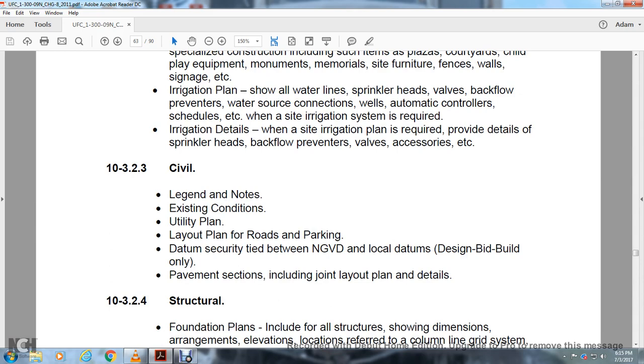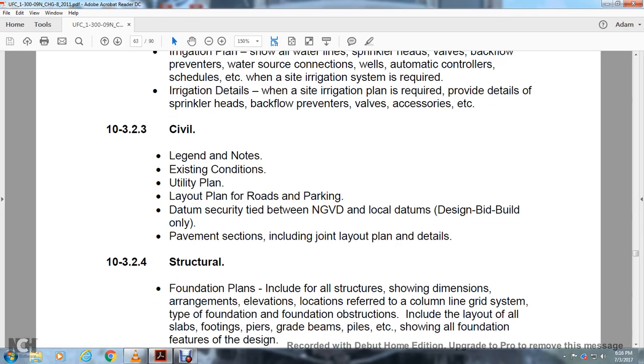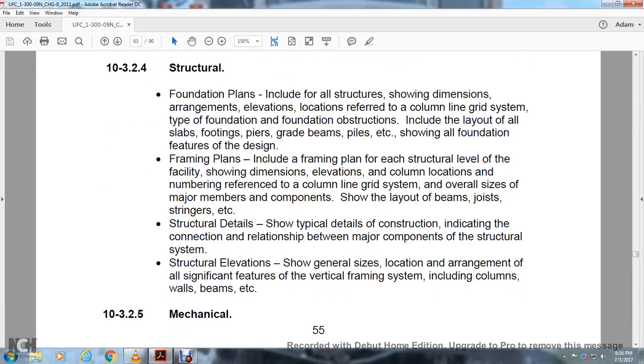10.3.2.3 Civil: legend and notes, existing conditions, utility plan, layout plan of the road and parking, datum, security type within the NGVD and local datums of the design-bid-build only. Pavement section, include joint layout plan and details. Structural foundation plan: